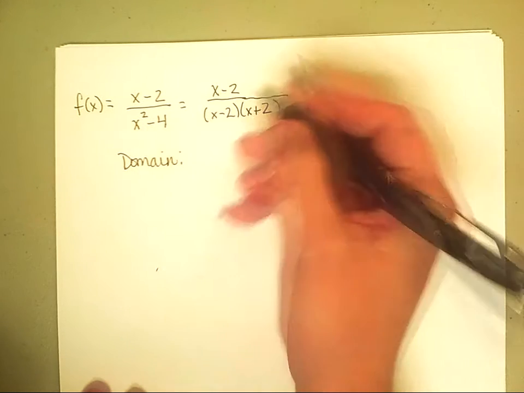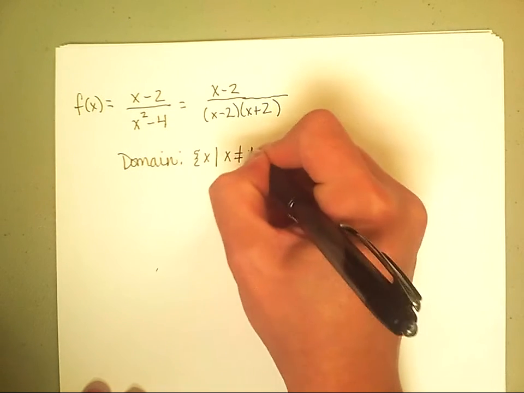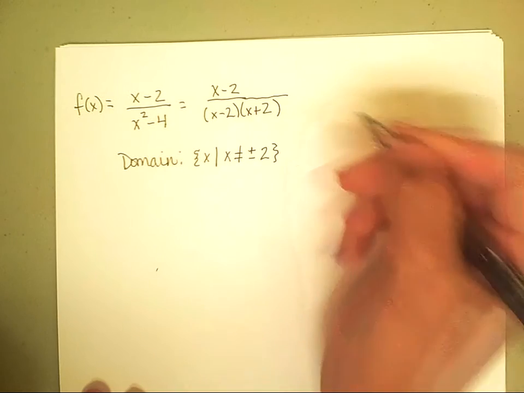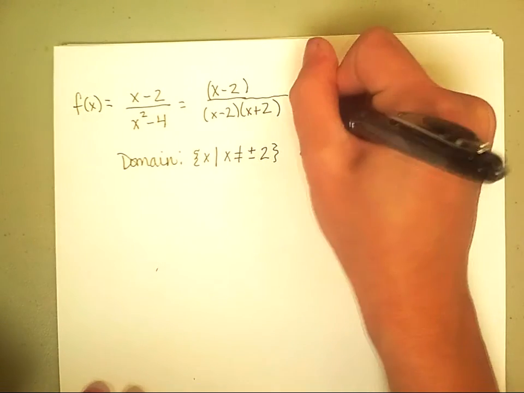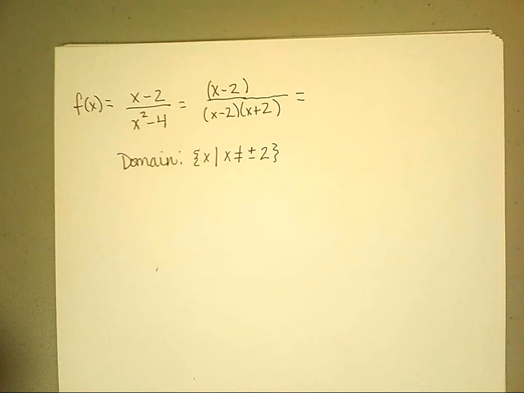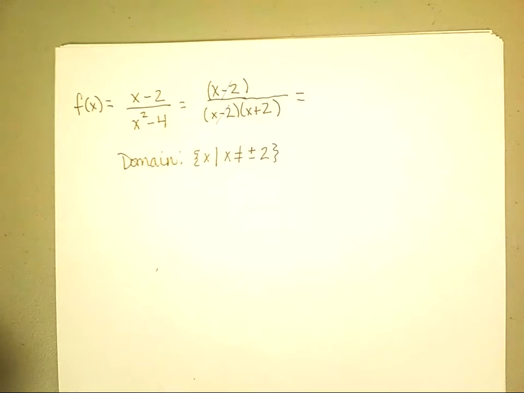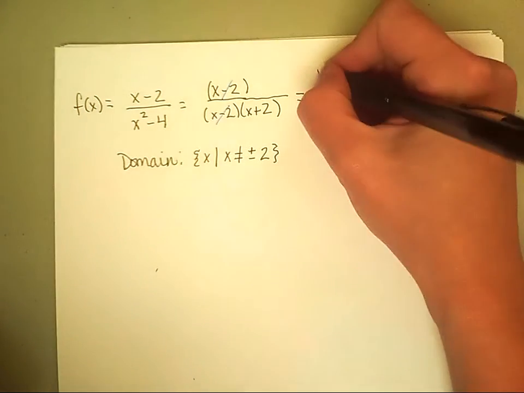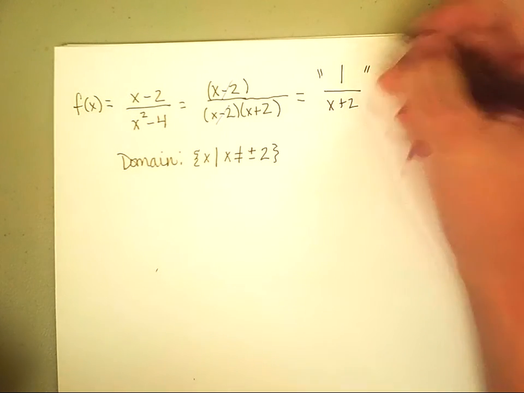The domain for our original function, f, is the set of all x such that x cannot equal plus or minus 2. However, this function is not written in lowest terms. This x minus 2 will cancel, so we get this reduced function of 1 over x plus 2,